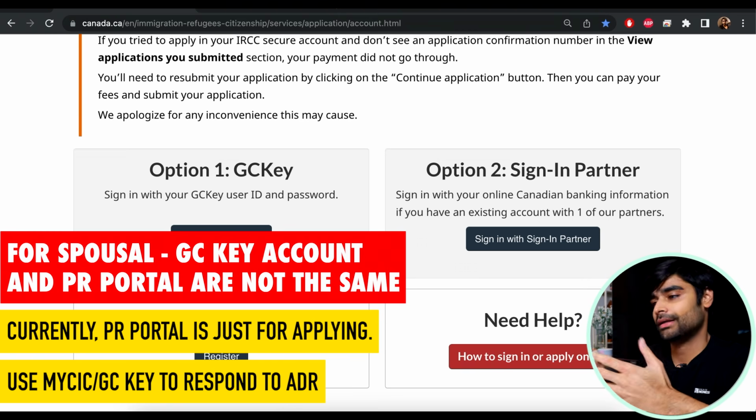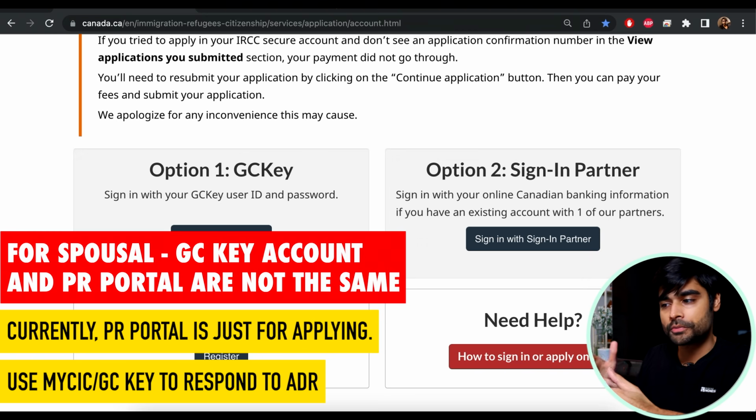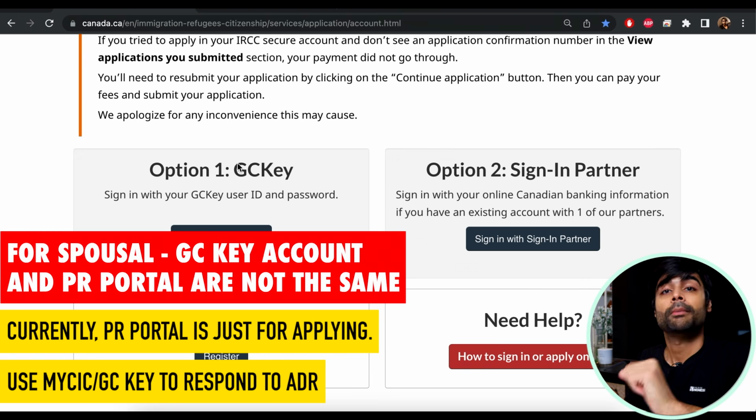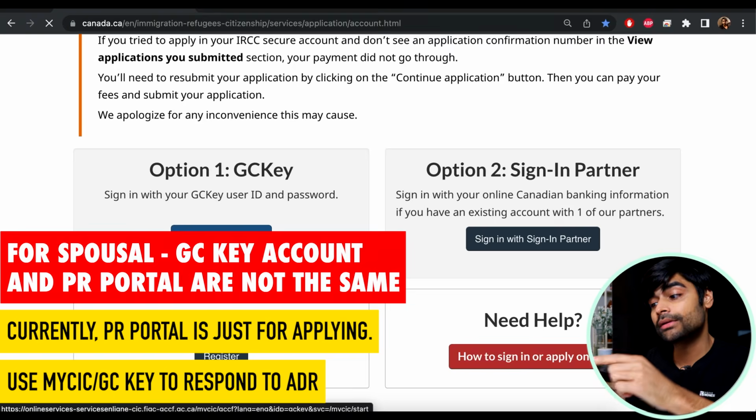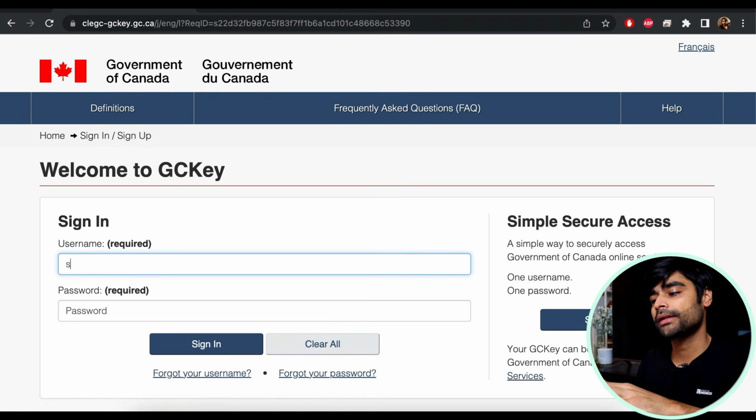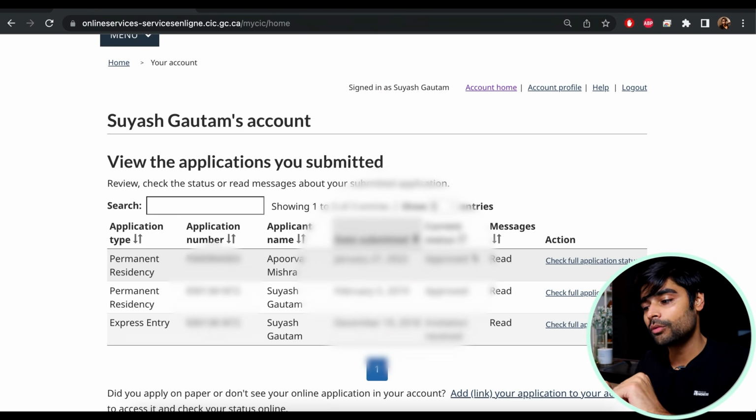Maybe down the line, they can create a functionality to open up the option of uploading documents in this permanent resident portal, and that will make things easier. But at this point, when you get an ADR to upload documents to your MyCIC account, that is what they are referring to. Alright, so as you can see, I've signed into my GC key account,